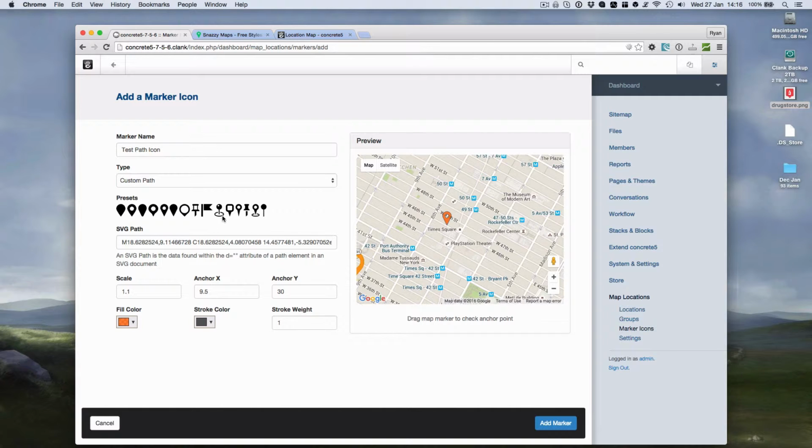But I can also change this to a different marker, so I could pick one of these different presets here. Ultimately, if you are handy with SVG and you know how to create or at least you can read SVG code, you can directly paste in an SVG path here. There's some notes in the documentation about where you'd find that, but there's quite a few markers here and they're fairly generic, so we'll save this one,